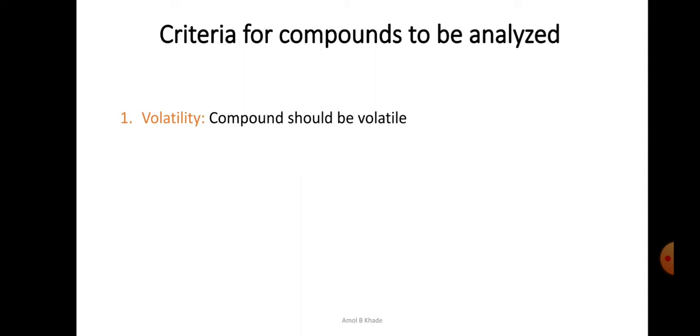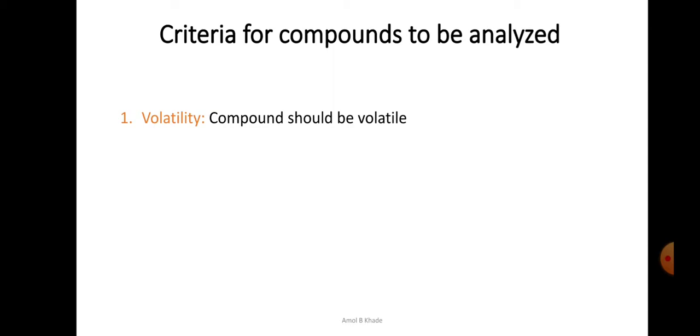Now in gas chromatography, unlike HPLC, where the scope is very wide because the thumb rule of HPLC is if you can dissolve it, you can analyze it. Any compound which you can make into a solution, you can inject in an HPLC column and detect or quantify it. However, in case of gas chromatography, the limitation is that our sample should be volatile in nature, or it should have sufficient volatility. Volatility is nothing but that the sample can be converted into its vapor form.